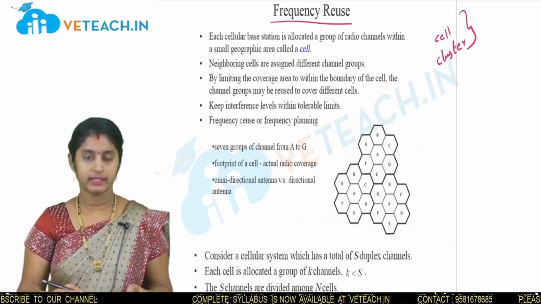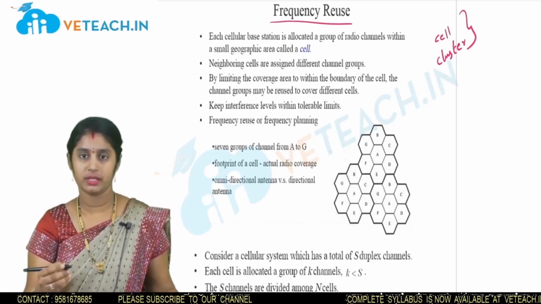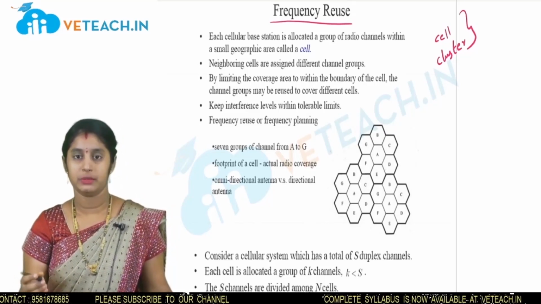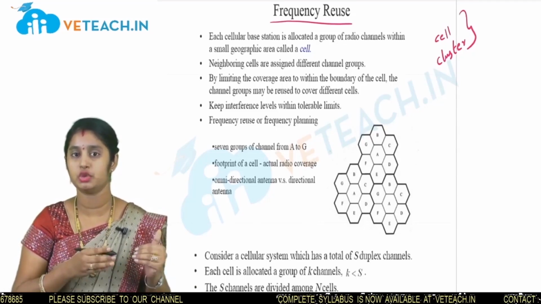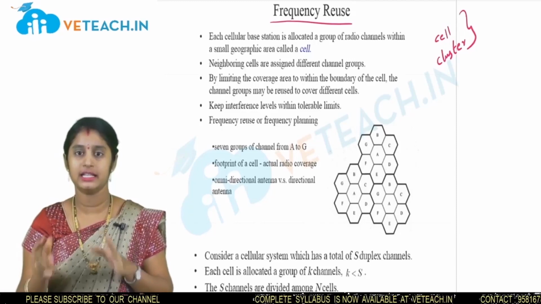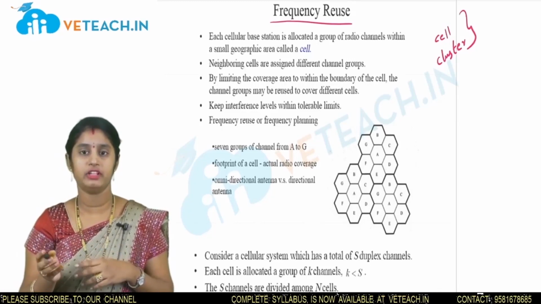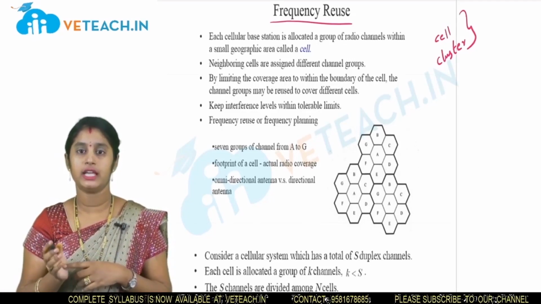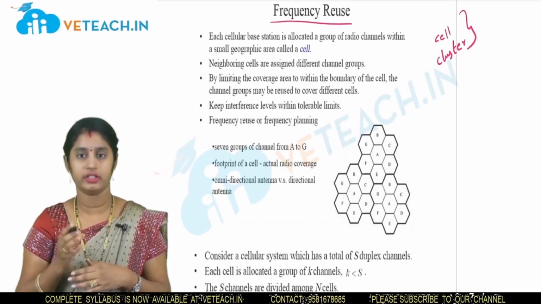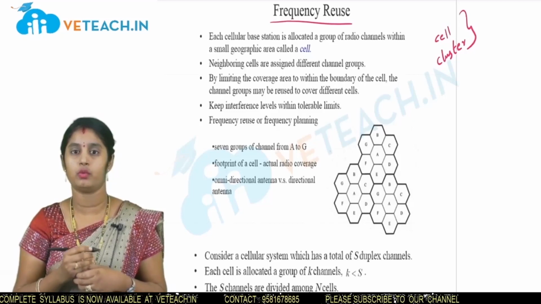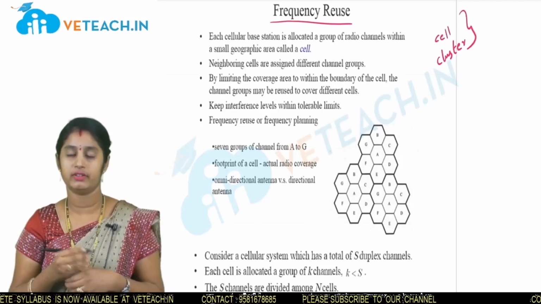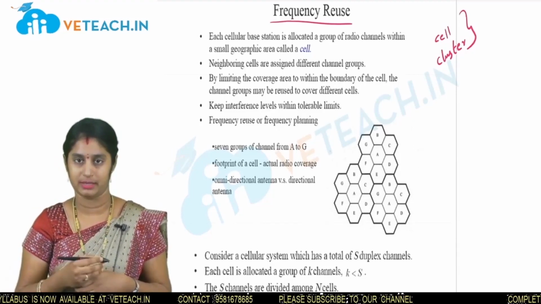Before that, communication needs to be done properly. That means the transmission side information needs to be delivered to the receiver side clearly, without any interference from many of the reasons. Among those reasons, this is the one where we can provide effective network and effective communication to the subscribers.